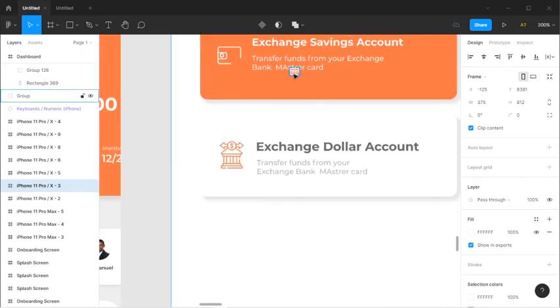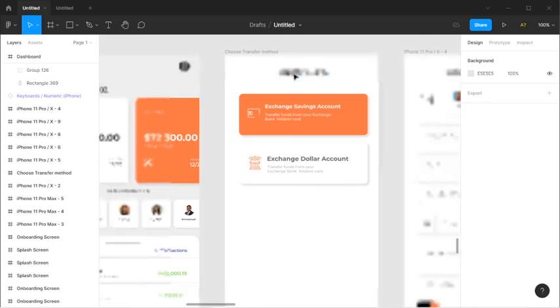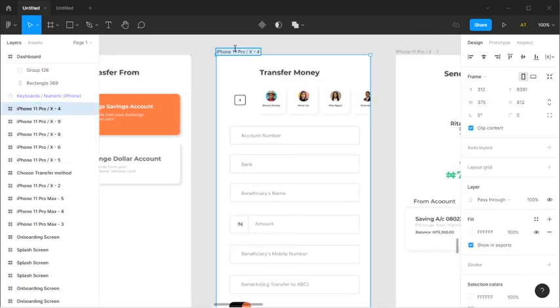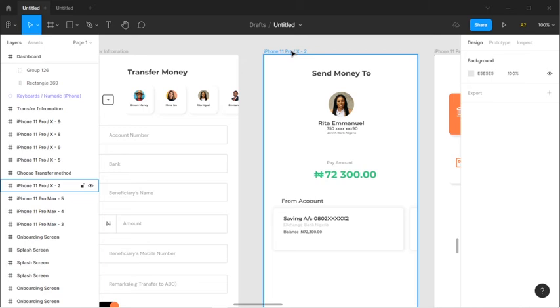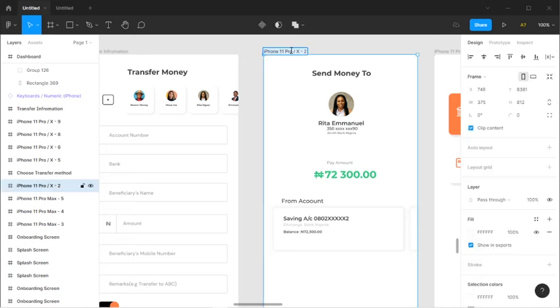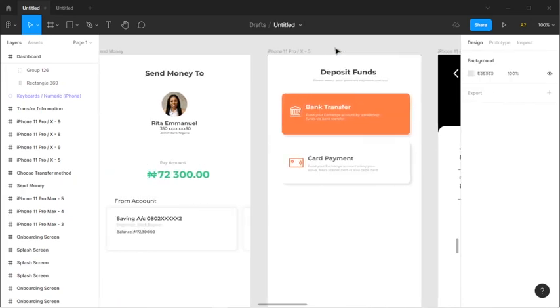Okay, so choose transfer method, transfer money, transfer information, action. So when you're done sending money, send money, and also